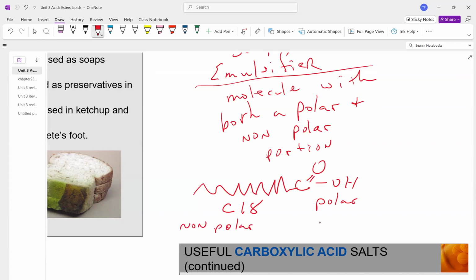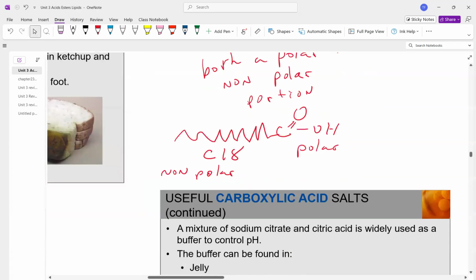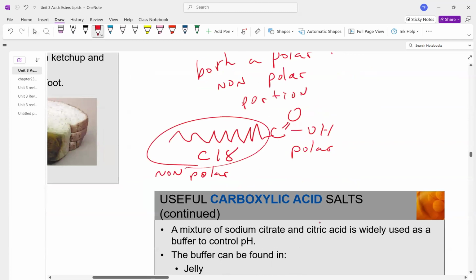And that's because the soap has that long tail that's nonpolar that sticks into the fat. The water is the polar end. So you can think of a soap or emulsifier as glue. What it does is it glues nonpolar molecules to polar molecules. They're intermediate. And that's why you can stick soap in with your greasy food you're trying to clean up, and it'll grab hold of the grease, and it'll grab hold of the water, and that way you're able to wash